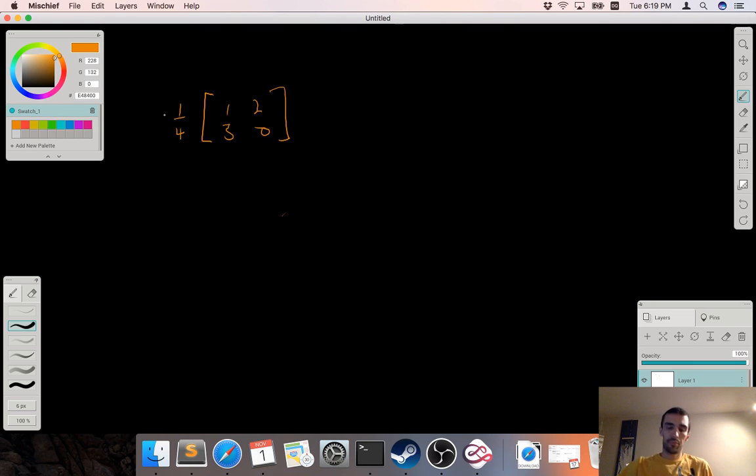What they do is they take this matrix and overlay it on the screen. So there's a pixel here, a pixel here, a pixel here, and a pixel here. And if the value, including this coefficient out front,